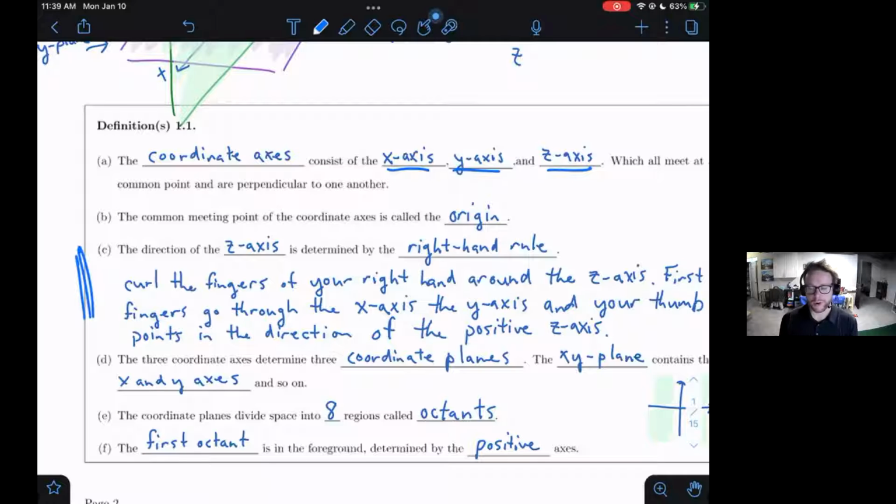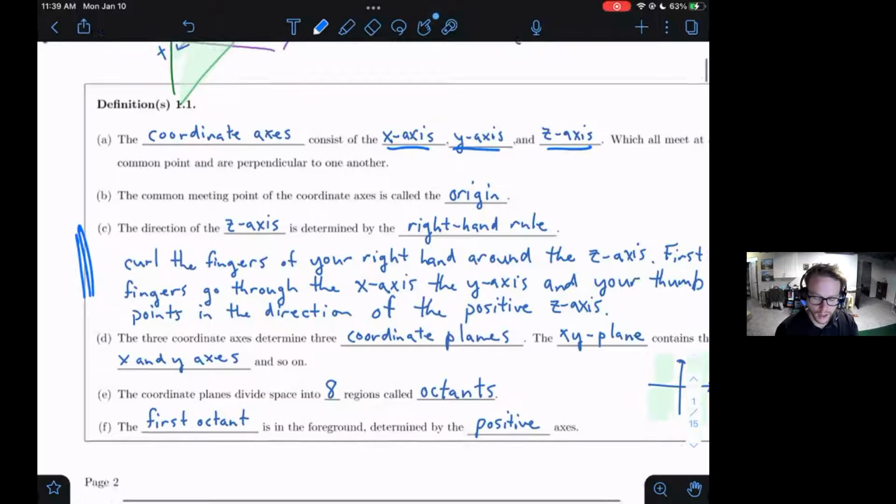And this becomes very important later on when we're talking about, in like 12.4 or so, we're going to bring up this thing called the cross product, right? The cross product is this interesting way to multiply two vectors together. And it also follows this right-hand rule. So again, I would make sure that you go back and rewatch the actual pre-class video here if you're confused about this right-hand rule.